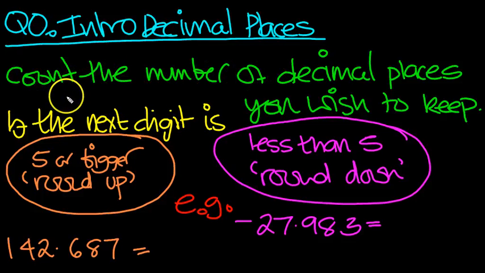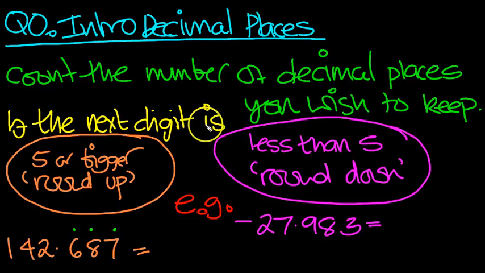So basically, to round a number to a certain number of decimal places, we count the number of decimal places we wish to keep. So for example, this is the first decimal place here, this is the second, and that's the third decimal place. And the same goes for this number as well. This position's the first, second, and third. So suppose we want to keep,